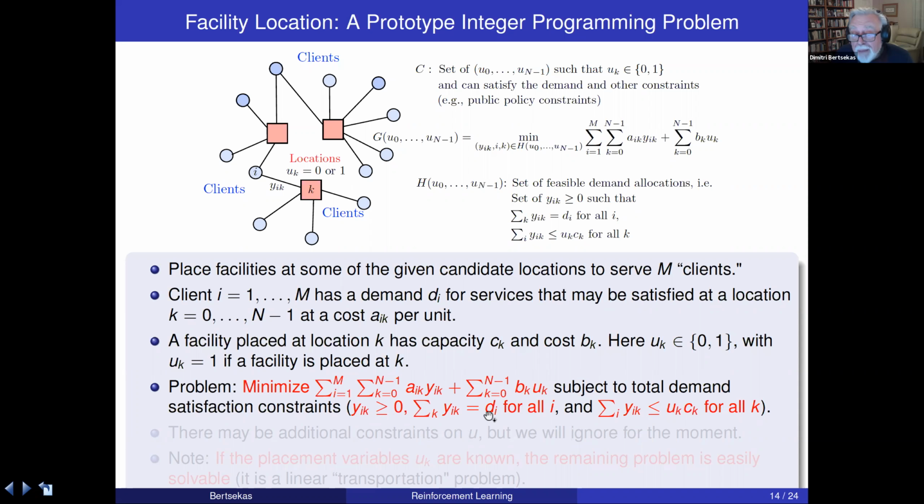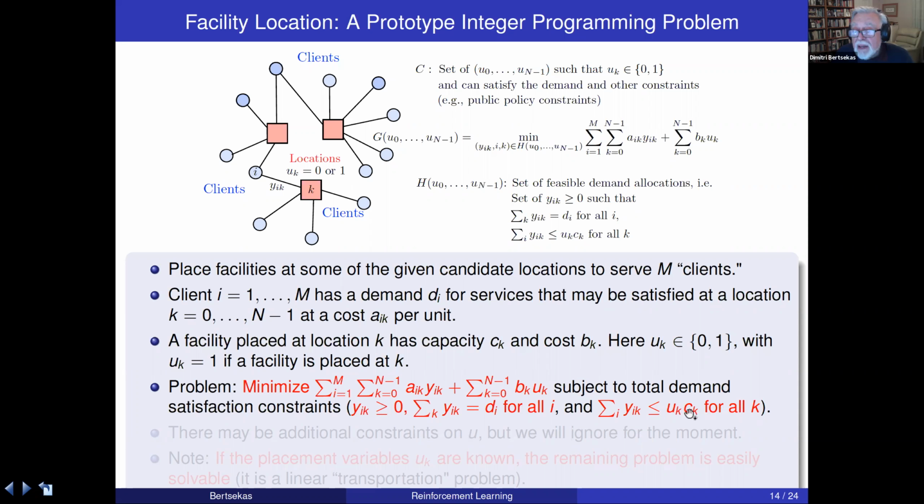They should add up to the demand of client I. So for every client, the portion that is allocated to the various facilities should add up to the total demand DI. So we have this constraint, this constraint, this constraint here, and also the constraint that